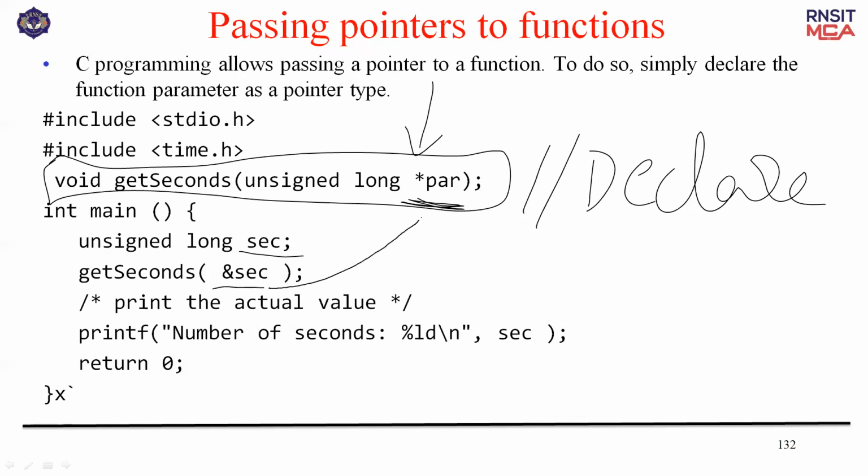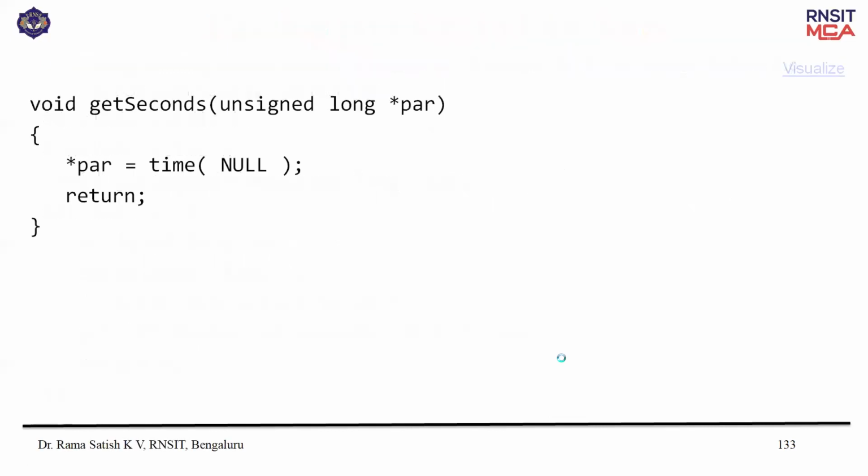So the address of seconds goes to par, and whatever changes you make to par affect seconds directly. After that, you are printing the seconds. And observe this function, the get seconds function. What you are doing is time with null. This will give you the number of seconds